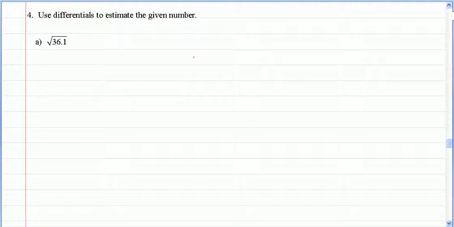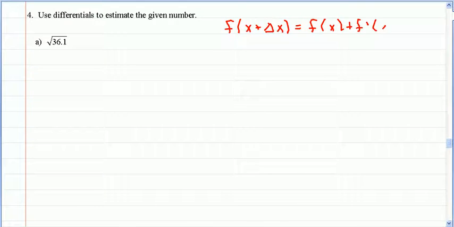For number 4, use differentials to estimate the given number. When you're asked to use differentials to estimate the given number, the formula that you want to use on the very first page would be the one for approximating function values, which is f of x plus delta x is equal to f of x plus f prime of x dx. So the first thing we have to do is we have to look for a function that would apply